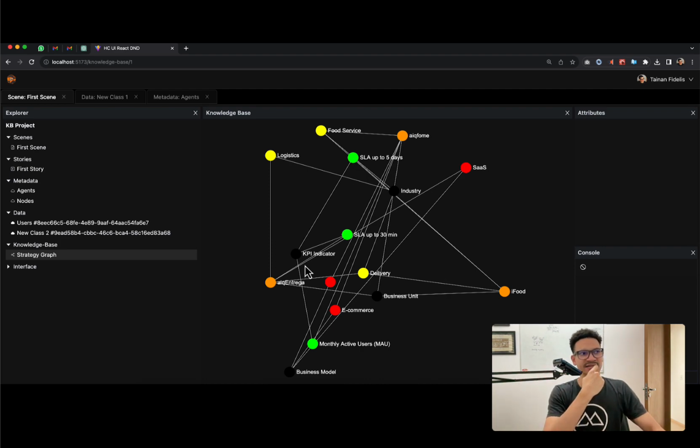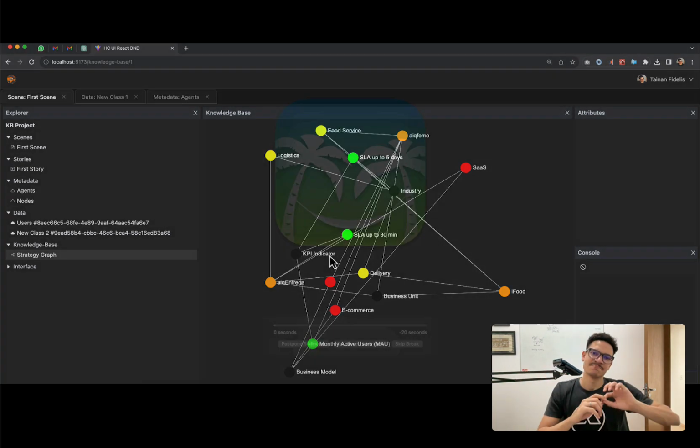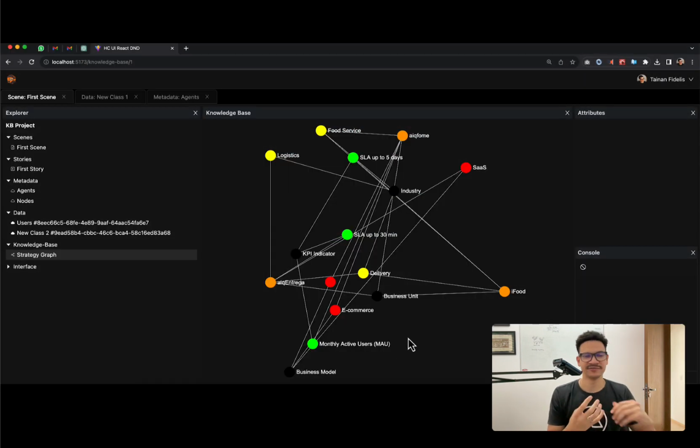For example, do you have any KPI? And then the platform could start to connect the dots and to see which connections are missing. That would be, in my opinion, very nice,